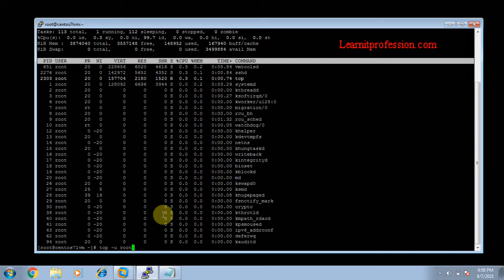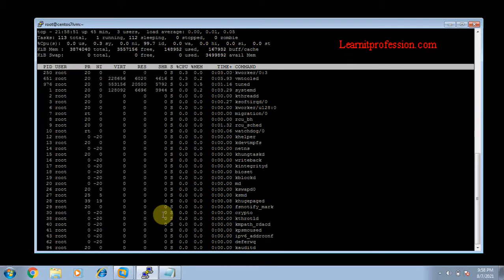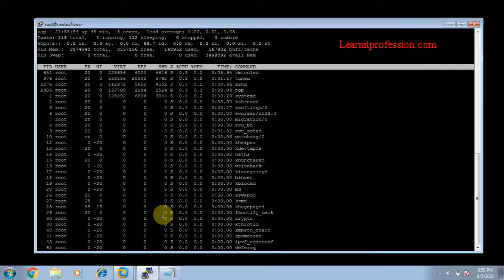You can view a user's processes by their user ID. So I'm writing user root. The total command is top space dash u space root. Just hit enter. The total processes related to root will be shown.